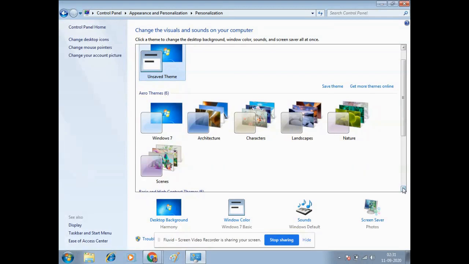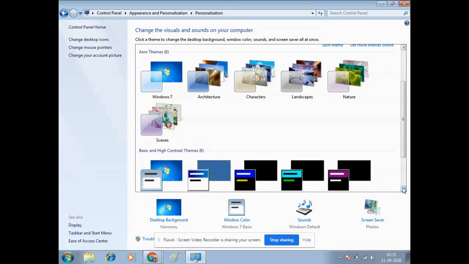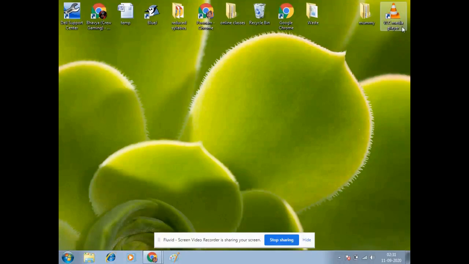After that, we have basic and high contrast themes. Basic and high contrast themes use simple effects and high contrast effects both. So you can choose any theme from here and you can see the immediate effect. After that, you need to close it and you can see that the theme you have selected is present in front of you.